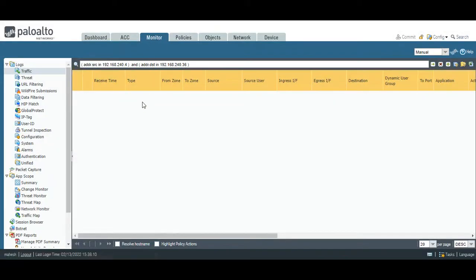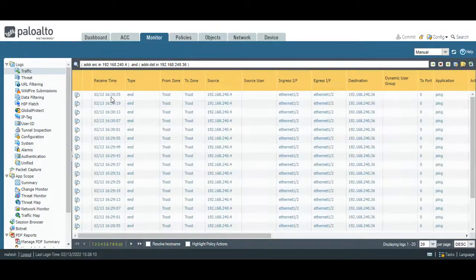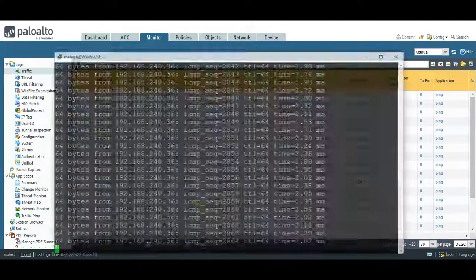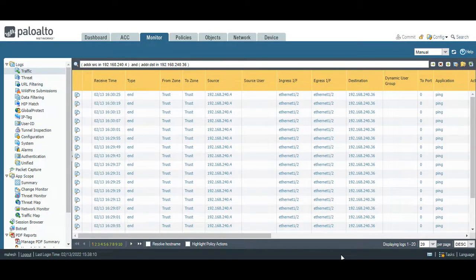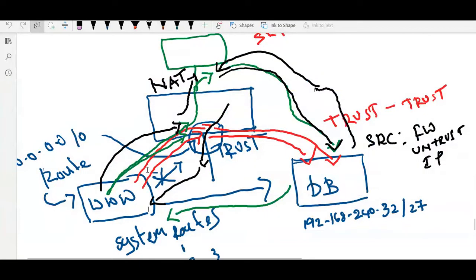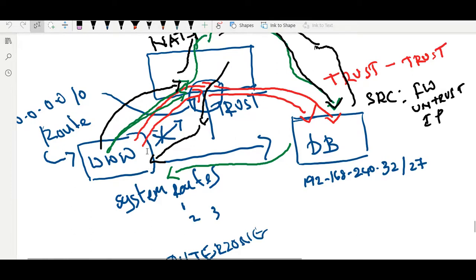So now you can see our expected scenario: the traffic from the trust zone is sent to the trust zone. So let me go to the window and check whether we can see ping. Yeah, ping is working. But here, even though the new traffic scenario,